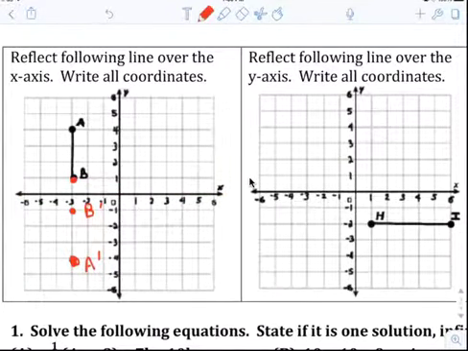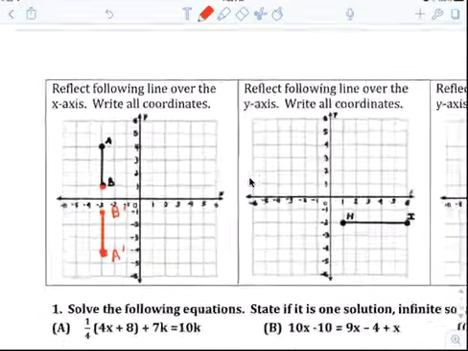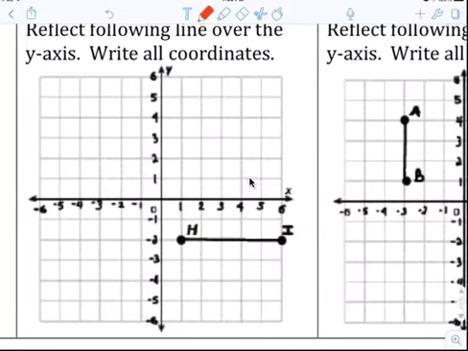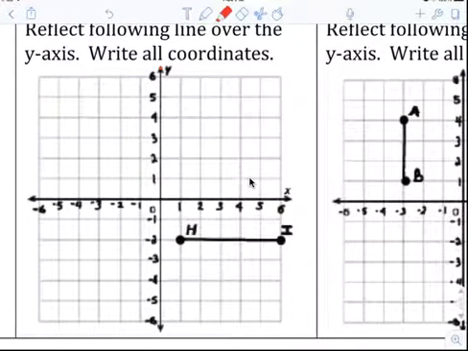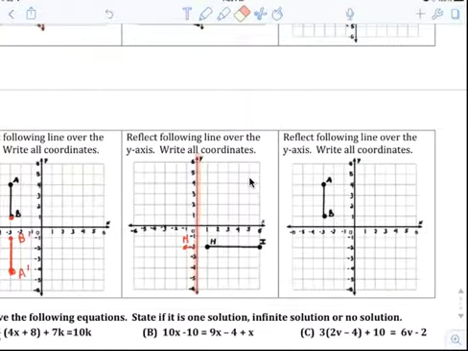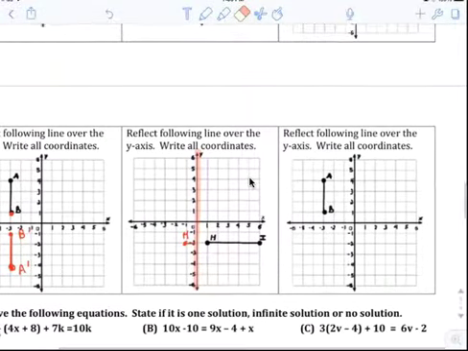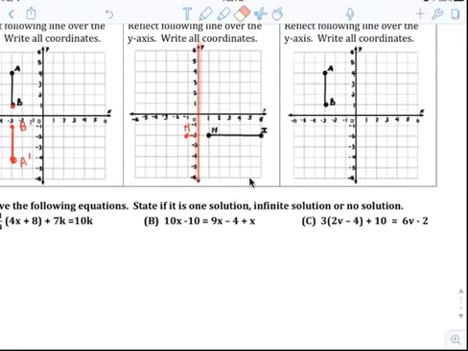And then we draw this string attached. Okay, and this is over the y-axis, so here's your y-axis. Reflected H is 1 over, H prime, and then finish the rest. Okay, over the y right here. So okay,